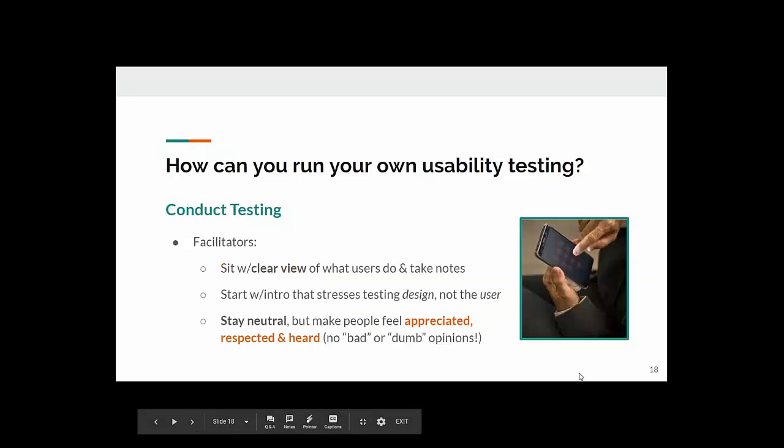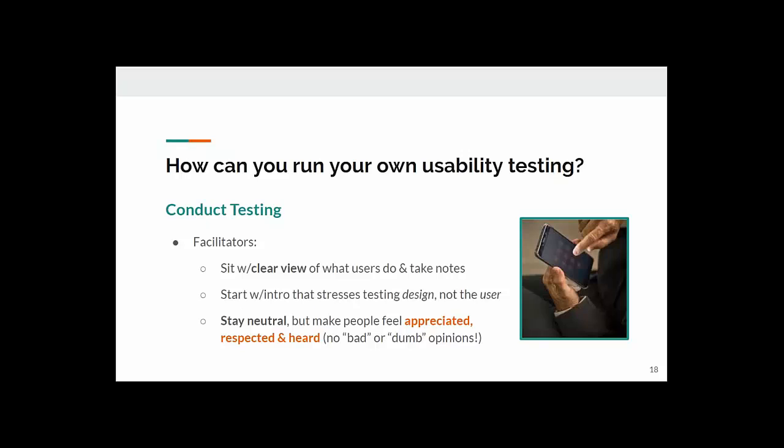And then you'll do your testing. So there's a number of different ways that you can record testing if that's something that you're interested in, and there's more and more advanced applications for doing this. So you can have eye tracking software that's seeing where people's eyes are going. You can have heat maps that show where people's mouths or fingers are moving. Or you can just use a screen capture software like Camtasia, or you can just record audio, or you can